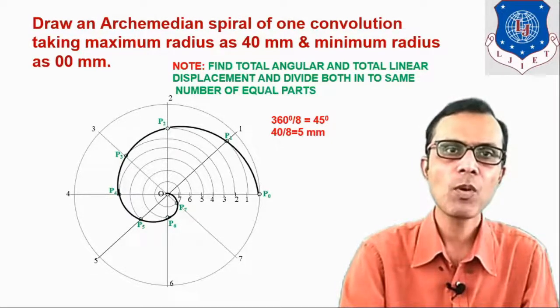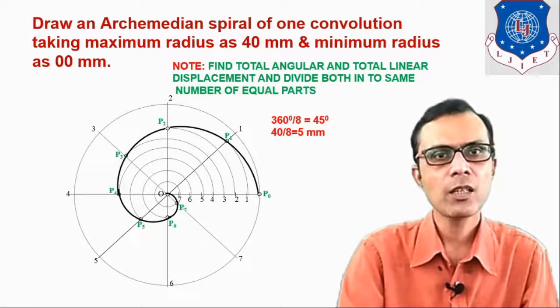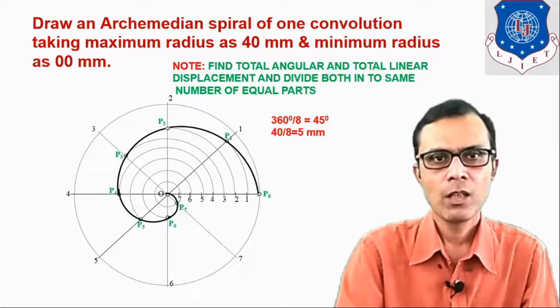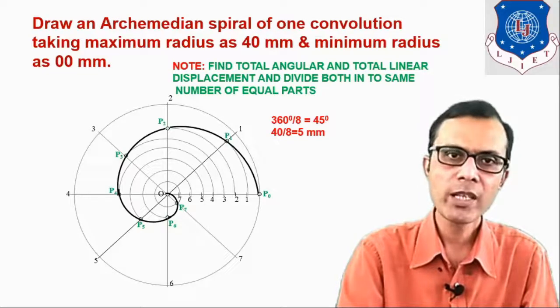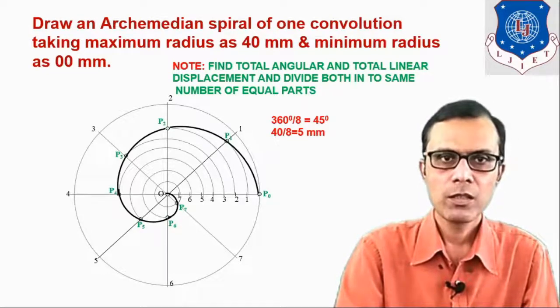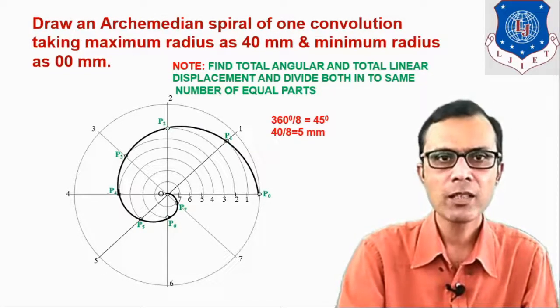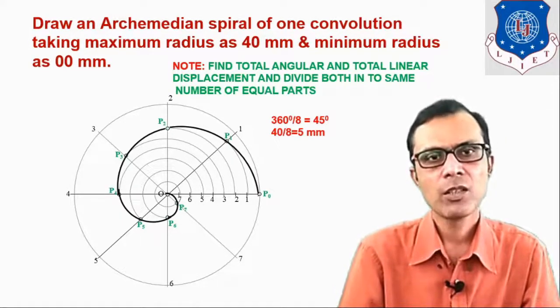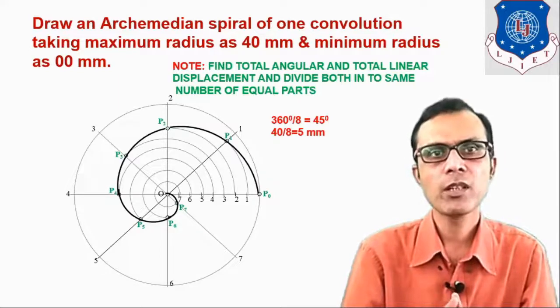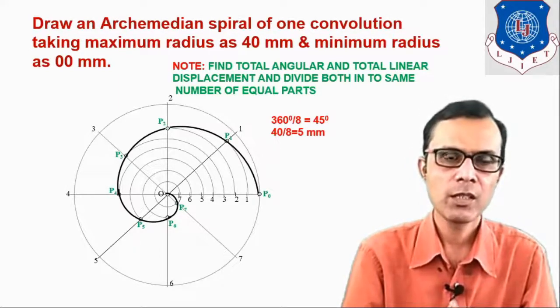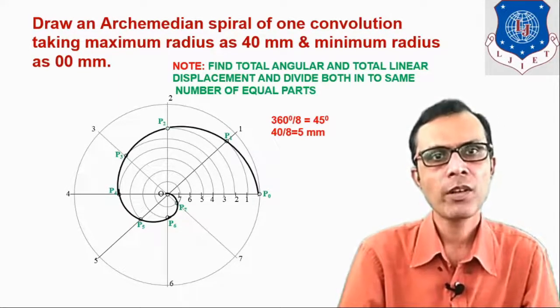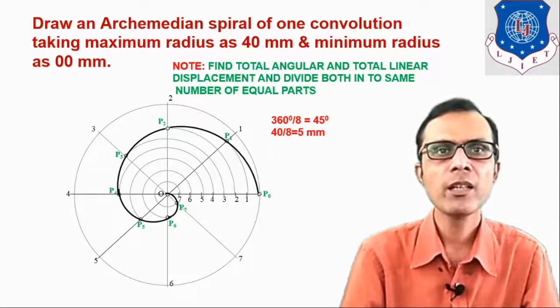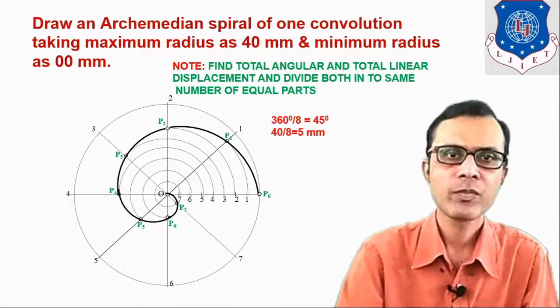Once it becomes proper, we have to make it dark or thick. One important point you should notice is that the given curve is a spiral, so the main drawing is the Archimedean spiral. That main drawing should be darker or thick. All other lines or construction lines should remain thin or light.